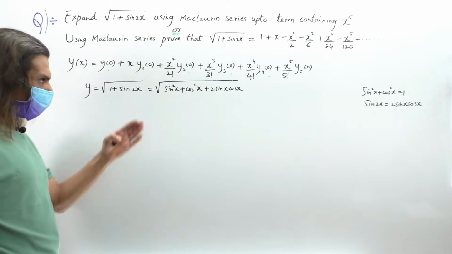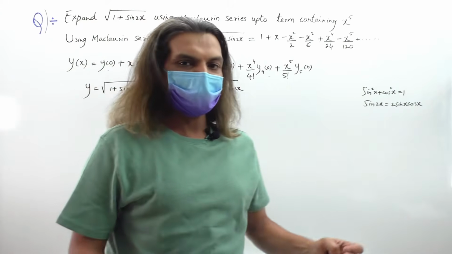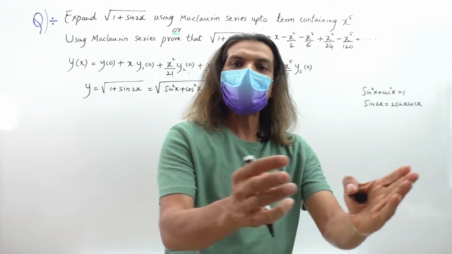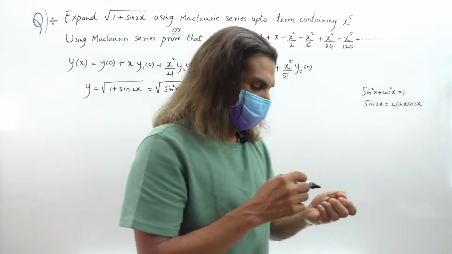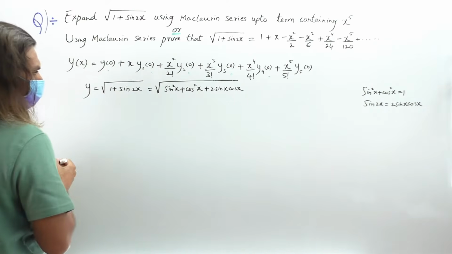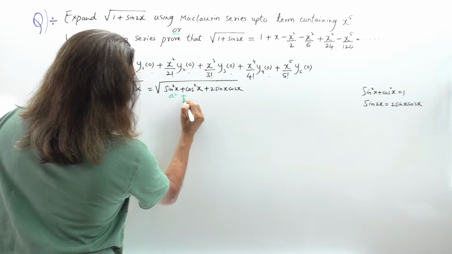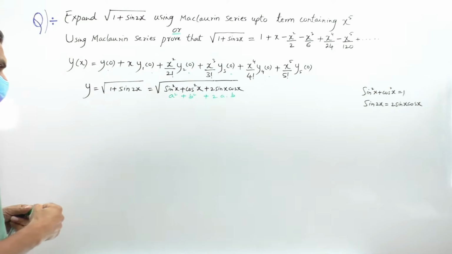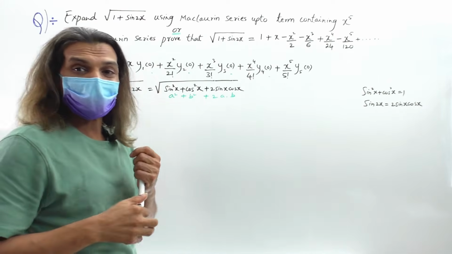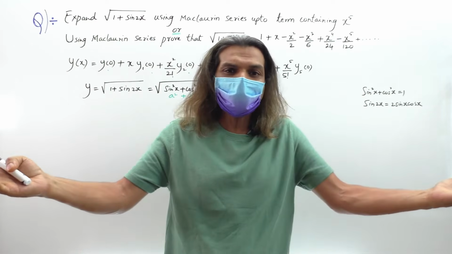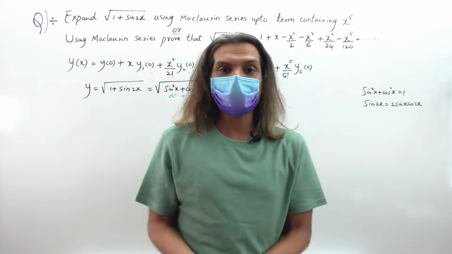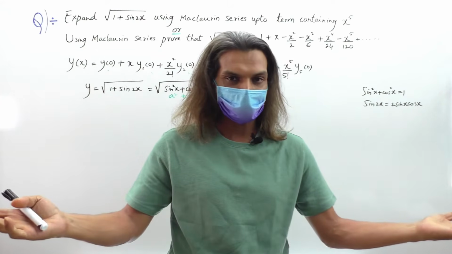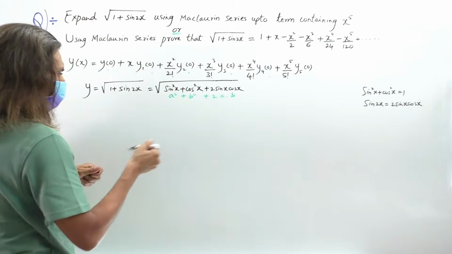Now if you see this, it becomes a beautiful relation: sin square plus cos square plus 2 sin x cos x looks like a square plus b square plus 2ab. Am I right? And a square plus b square plus 2ab is a simple identity, it's a plus b the whole square. So this will be now